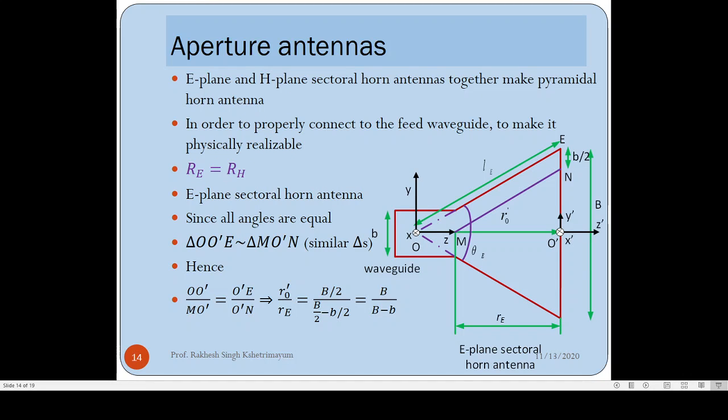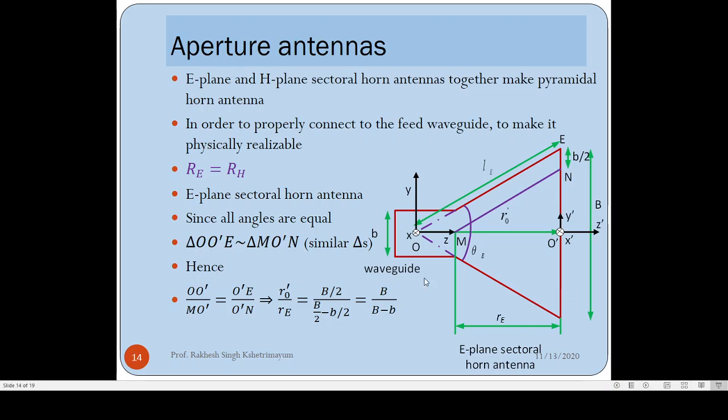Just before that, let us try to find out some relations which would be required for designing the pyramidal horn antenna for a specified gain. So you already know that E-plane and H-plane sectoral horn antennas together make a pyramidal horn antenna. So in order to make this pyramidal horn antenna physically realizable, the condition is that Re should be